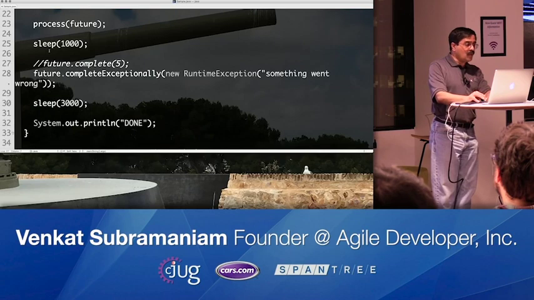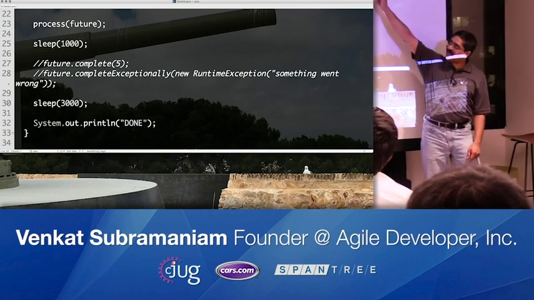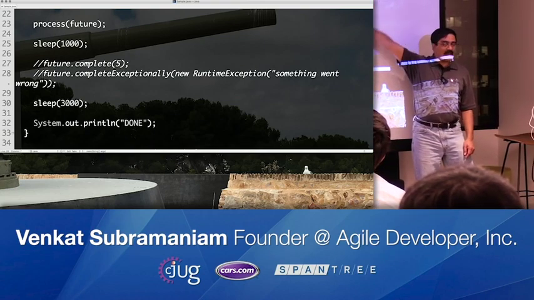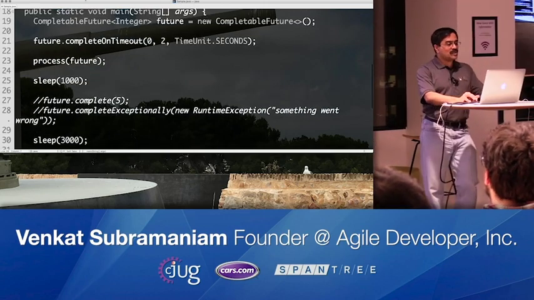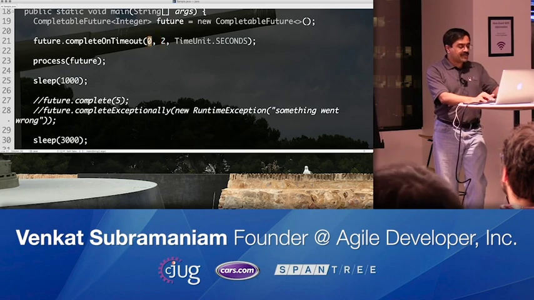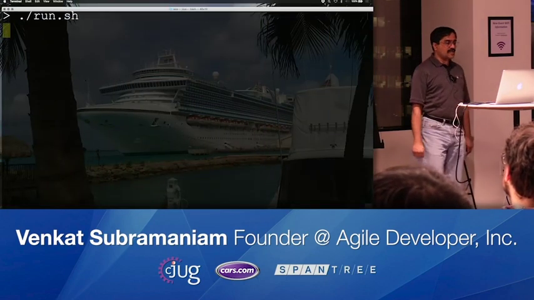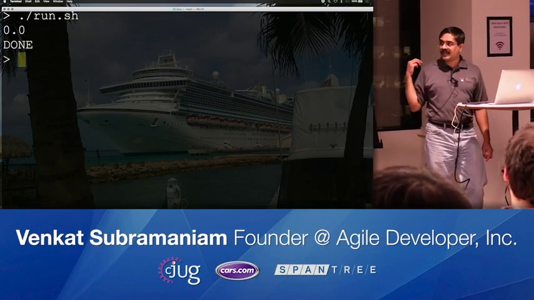However, if I don't complete, and if I don't blow up, if I don't reject it, now the 1 second has come and gone. Now I'm sitting there for 3 more seconds, and in that time the 2 seconds elapse. When the 2 seconds elapse, it's going to complete with the value of 0. So the third time I run this code, you can see that it is actually going to give us a 0 because we hit a timeout.